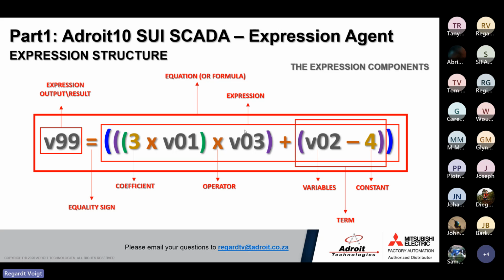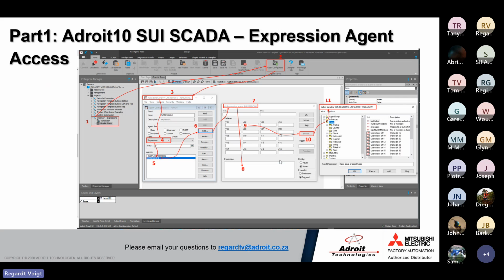And the part that we will be focusing on will be your expression part. Now, in Adroit, in Smart UI, how do you access your expression agent? In your project, you can open your configurator, and in your agent configurator window, you can browse to the expression type agent, and go to your tag, which you created, user created. If you edit it, you will see the window where you can start editing and adding your variables and testing